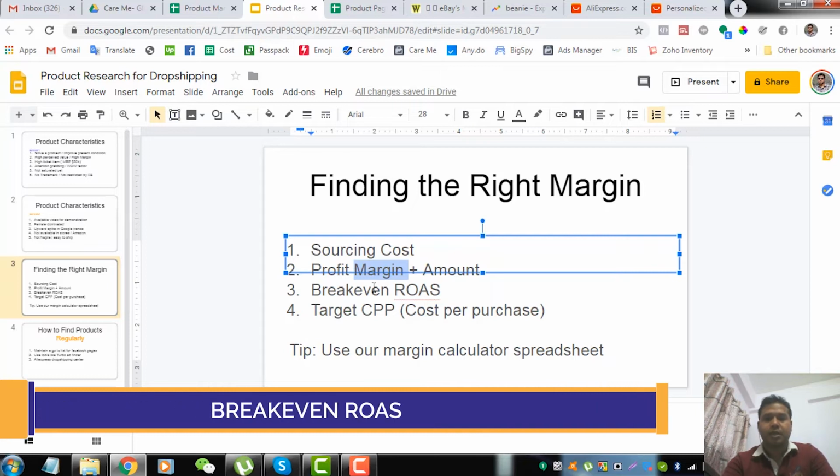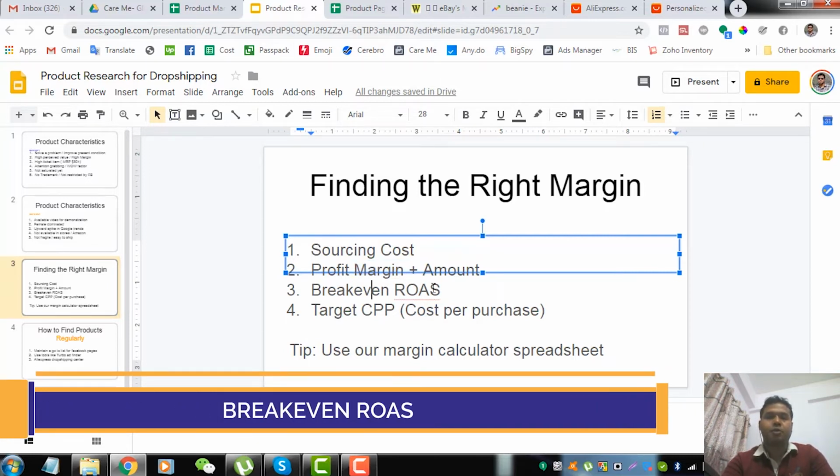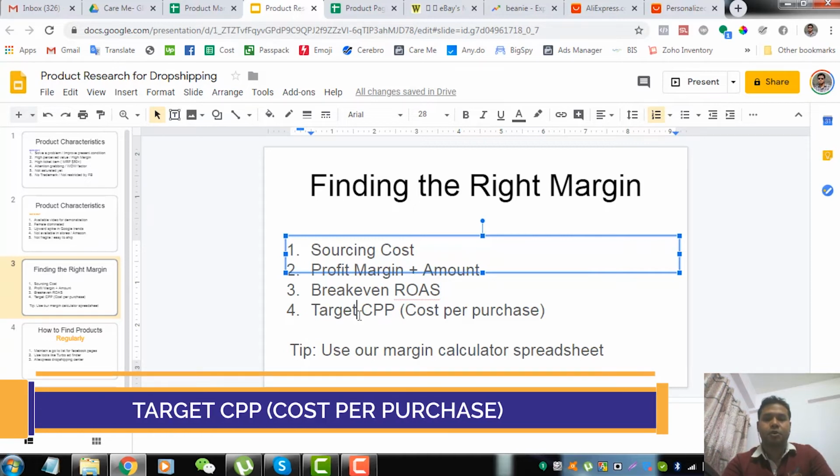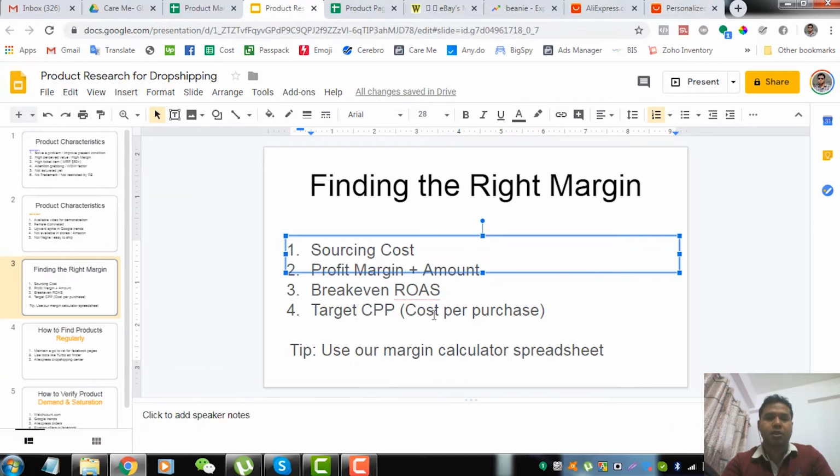Break-even ROAS is also something you should know, because it comes in handy when you start running your Facebook ads. Break-even ROAS will give you a clear idea whether you are making money or not. And target CPP, cost per purchase, is very important, because when you know your margin, you know how much you can afford to pay for each purchase. So now I have a spreadsheet for that, so let's hop on to that and see how we are actually